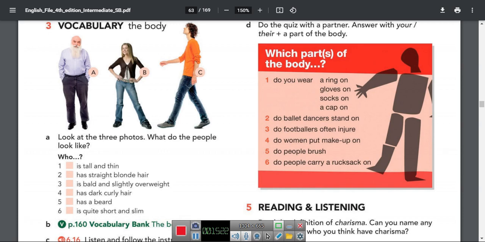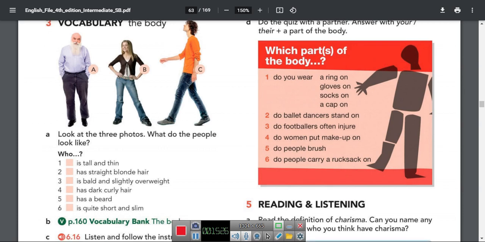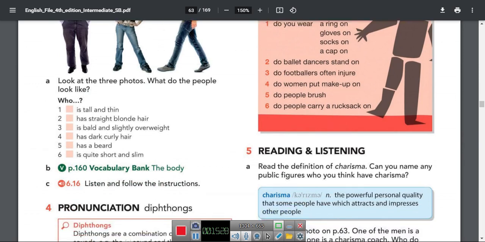On my finger. Okay, we'll do all the 6 questions. Then